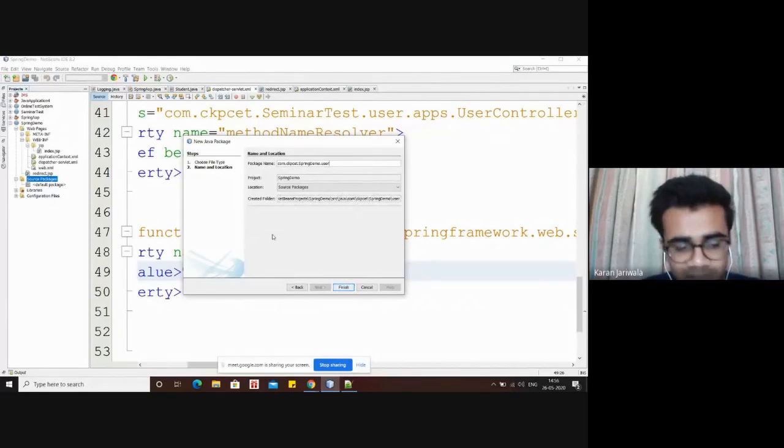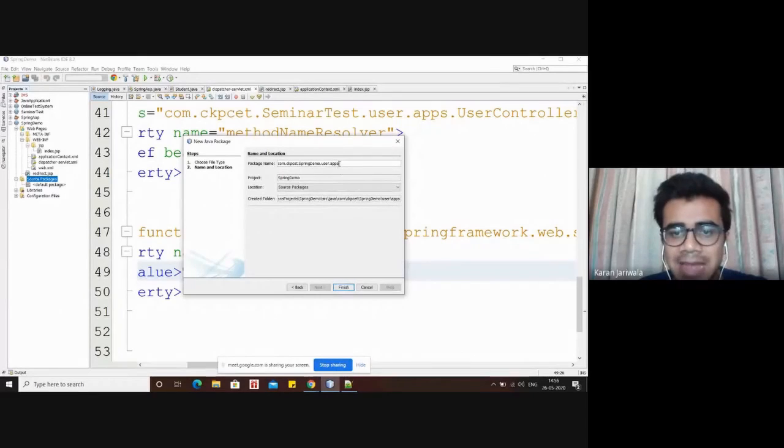Why I'm writing user is because I have used user controller. So I'll come to know that all the controllers from the user side have to go into this particular package. It is not compulsory you write user. You can write anything for the package, but for convention, I'm writing this user. So it will be easy for me to identify that this package is of user controller.